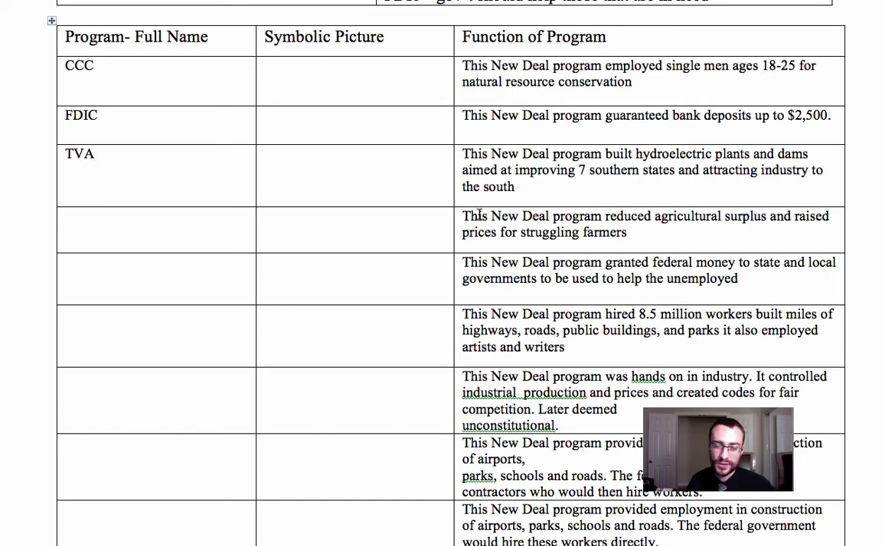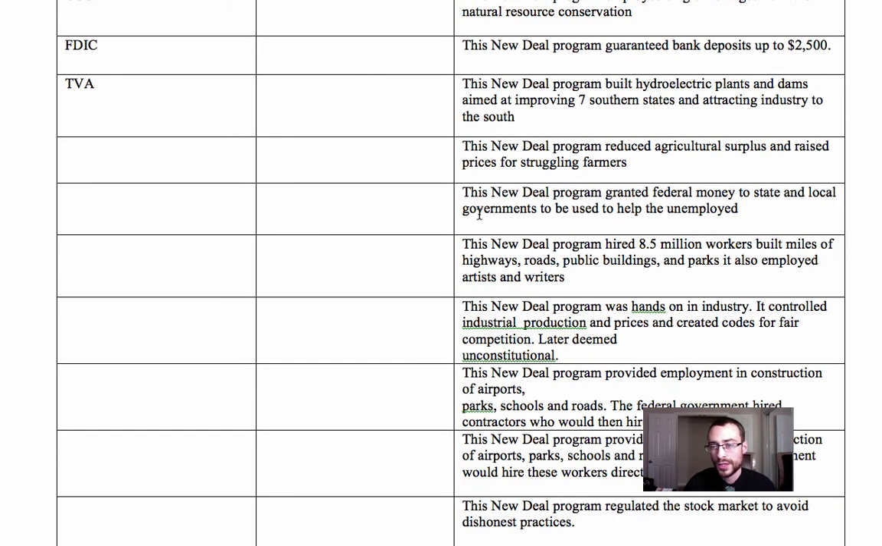The next one, this New Deal program reduced agricultural surplus and raised prices for struggling farmers. Your key for this one is going to be the word agricultural. So this is going to be the AAA, or the Agricultural Adjustment Act. This New Deal program granted federal money to state and local governments to be used to help the unemployed. This one's a little tricky. I think it's the hardest one for students to remember, but it's the FERA, the Federal Emergency Relief